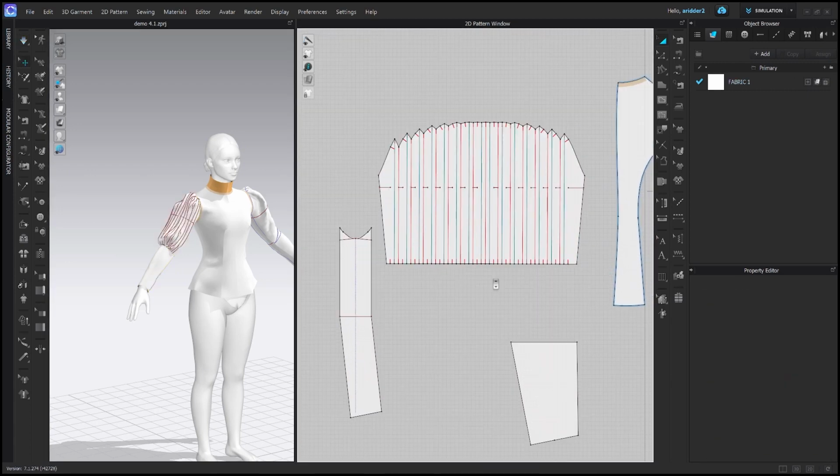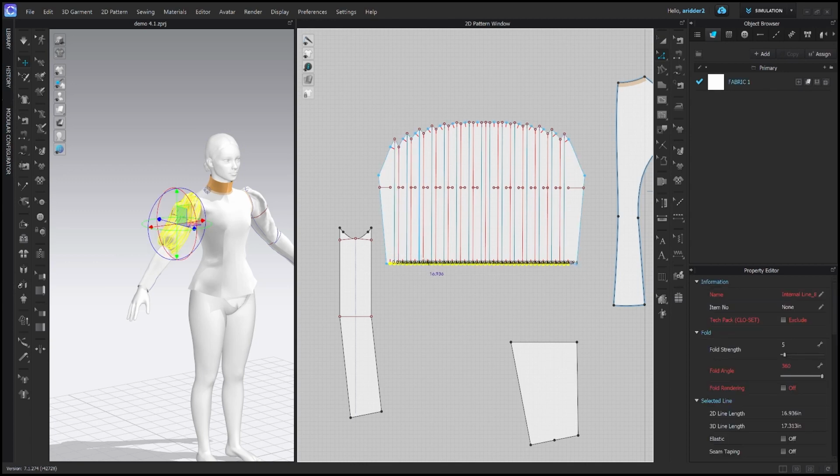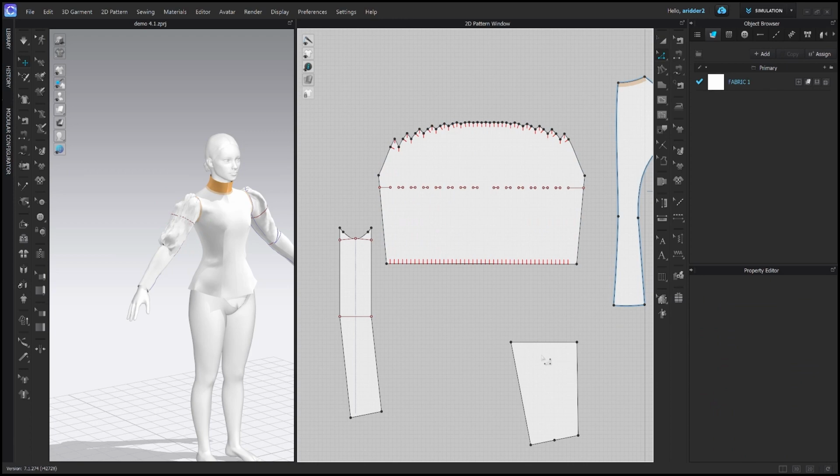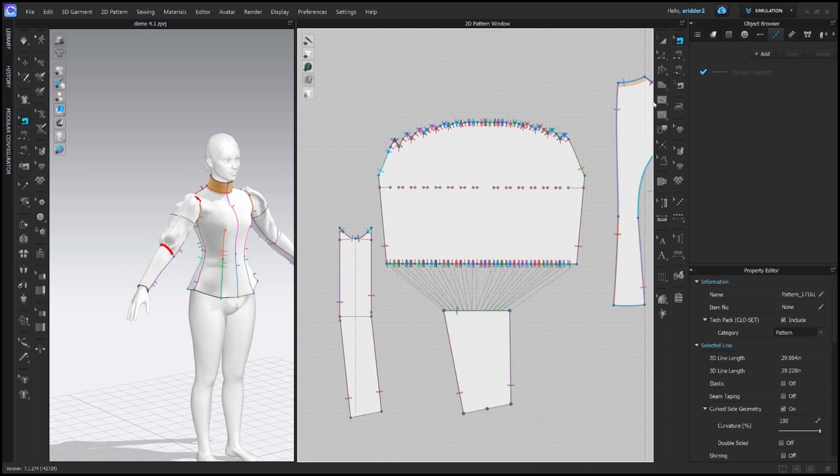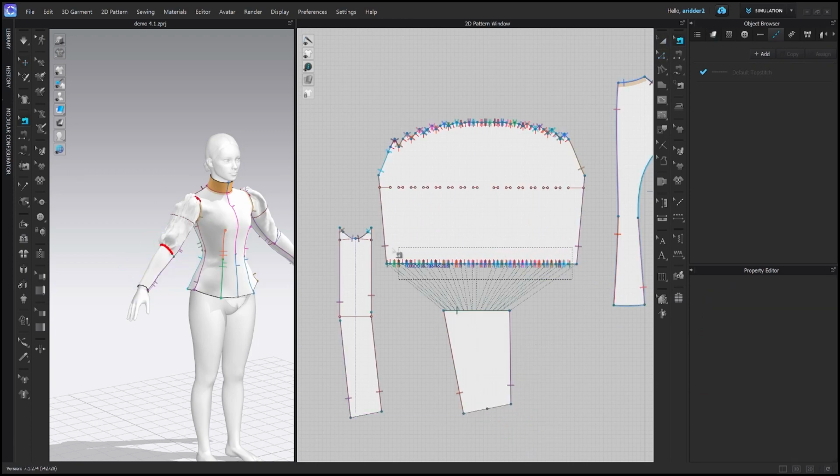Now, to merge this back, I think that the best thing to do is to let's go ahead and delete. Go to the Edit Pattern tool. Delete all of these lines. I'm going to have to go to the Edit Sewing and also delete all of these pleated sewing lines because they are just going to confuse it. And now that means I need to go to my Segment Sewing tool or the N hotkey and re-sew this. Oh no, I better just do